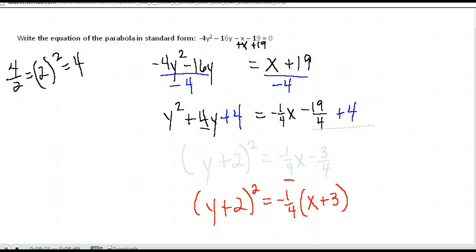You do the same steps every time you have a problem like this. Whatever's squared, leave it on the left-hand side. Move everything that doesn't have that variable to the right. Complete the square, remembering to add it to both sides, whatever you use to complete the square. Factor that down as its perfect square,